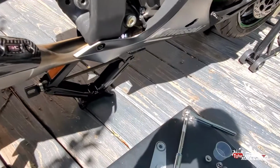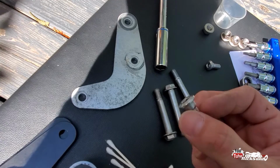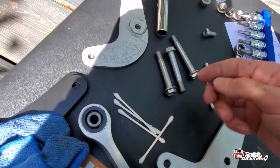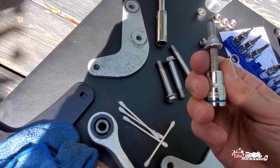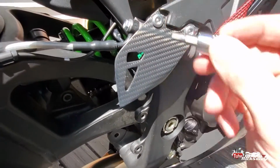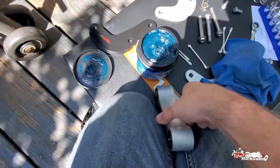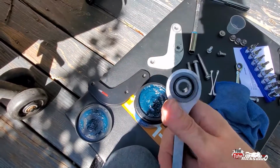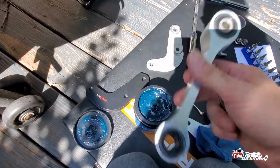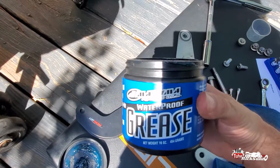They are 14 millimeter, and then your rear set bolts, which are 6 millimeter, I believe. Yeah, the 6 millimeter. And then the one to get the heel plates off is 5 millimeter, which will do these guys on the other side. I just wanted to make a note too that these sleeves that go inside the link, pulling those out, I'm going to clean all this up inside there, and we will be reusing my Maxima waterproof grease to recoat all these. So the links are on,